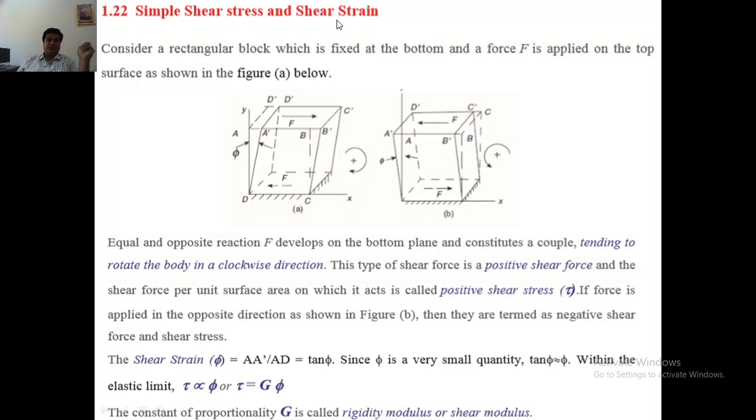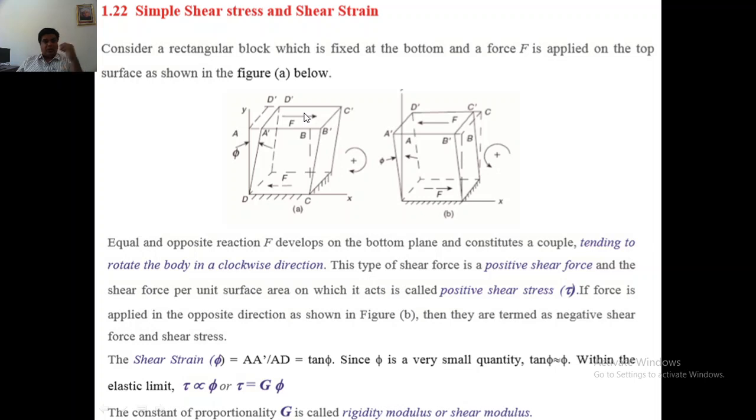stress and shear strain. So to understand shear stress, first let us take a cubical element and assume that the base or the bottom is fixed, and you apply the shear force. So this is the shear force. The nature of the shear force is that it is acting perpendicular to the axis of the element. You can see here, and the force will be acting parallel to the surface of the object or component.